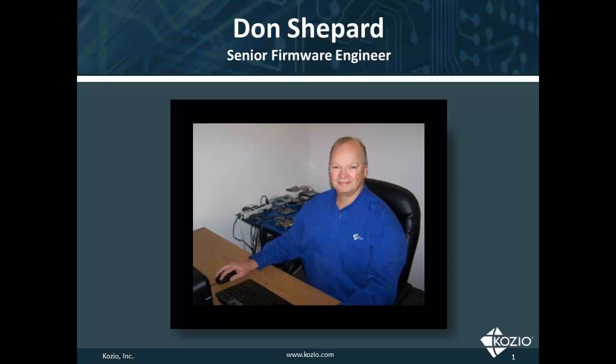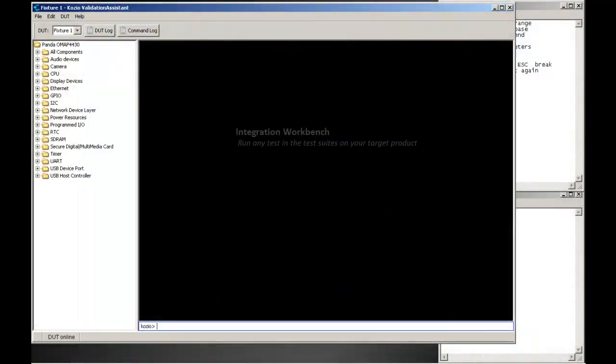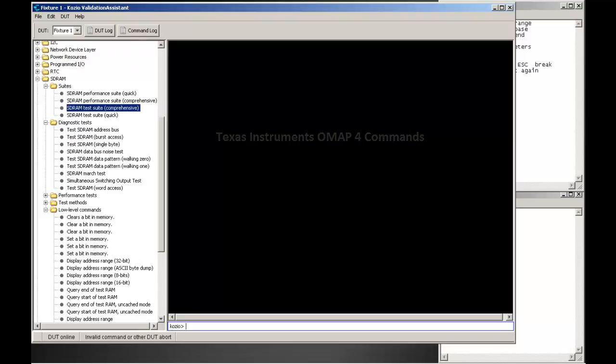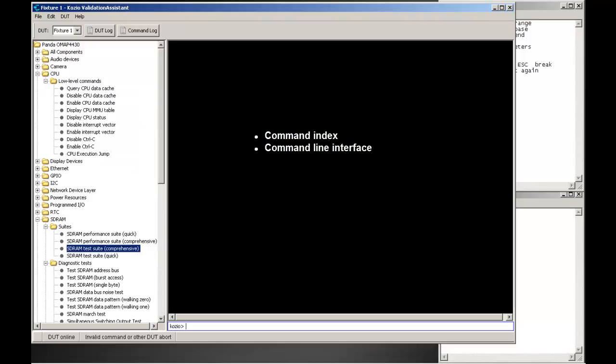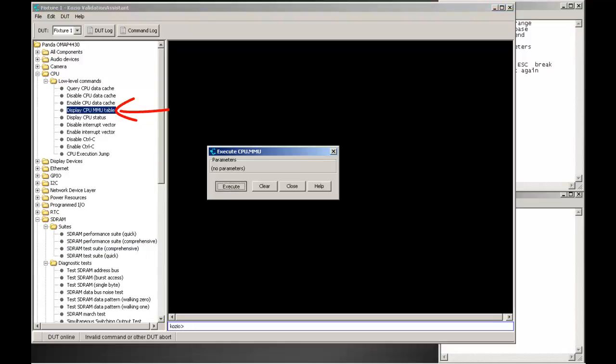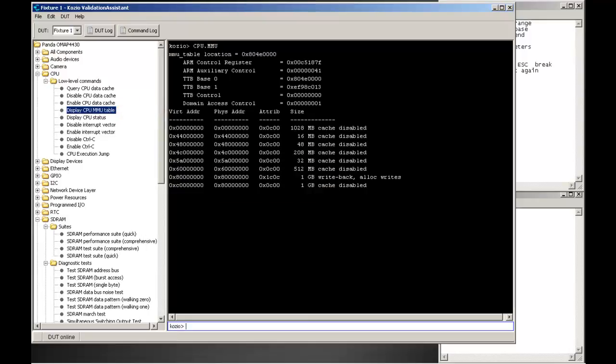The Casio verification utility allows you to run any test in our test suites on your target product. This particular version has the TI OMAP commands in it. The Casio verification utility allows you to either use the command index to run commands, or it also has a command line entry prompt. For SD-RAM, a good example is we can look at the CPU MMU table using that command from the table. And we can also, as an example of using the command prompt,